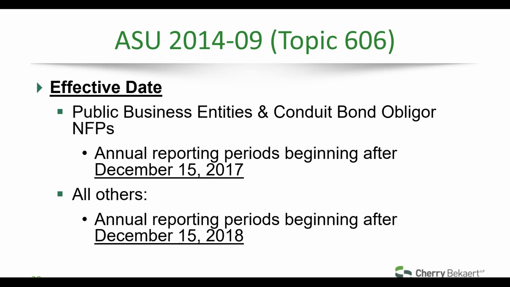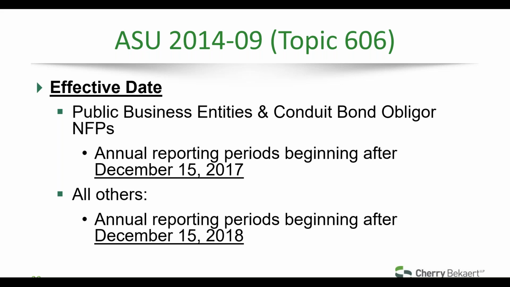All right, so Topic 606, when is this effective? Okay, if you are a December 31, 2018 entity, so that means if you're not a public entity, 606 is effective now, January 1st, 2019. However, if you are a not-for-profit that's deemed a public business entity, hopefully you're not a 1231, because it means you should have already adopted Topic 606 for your year ending December 31, 2018.